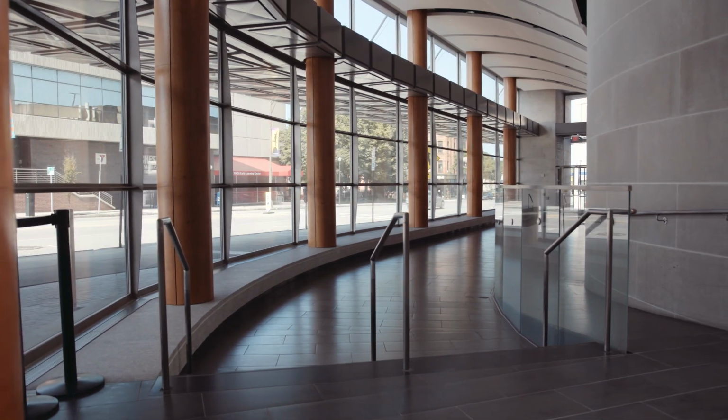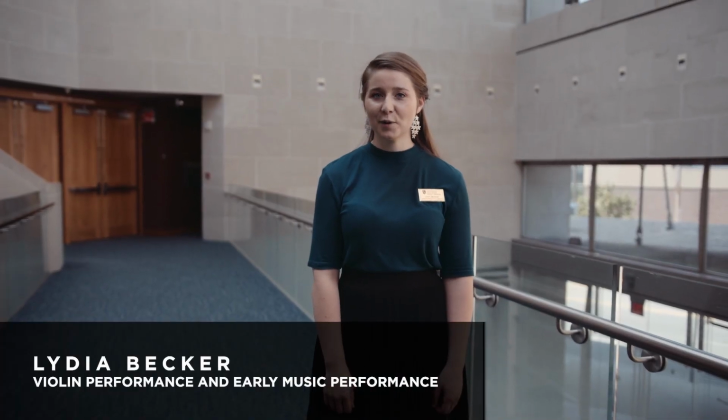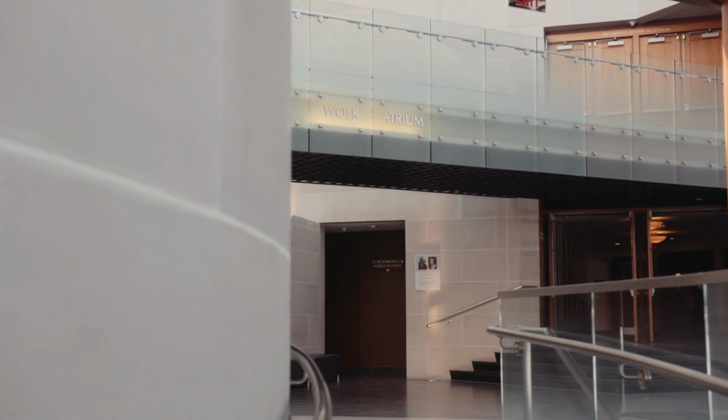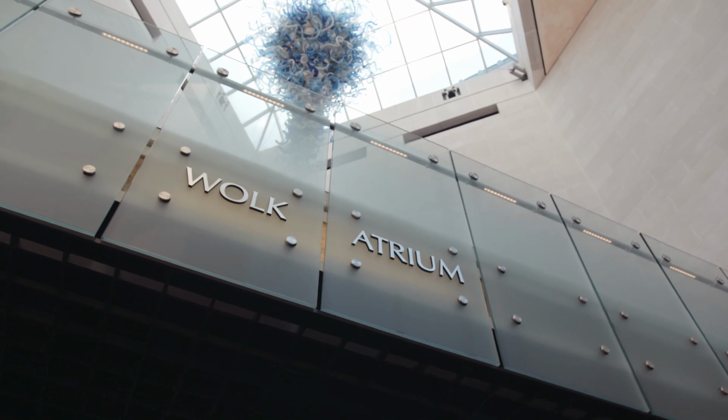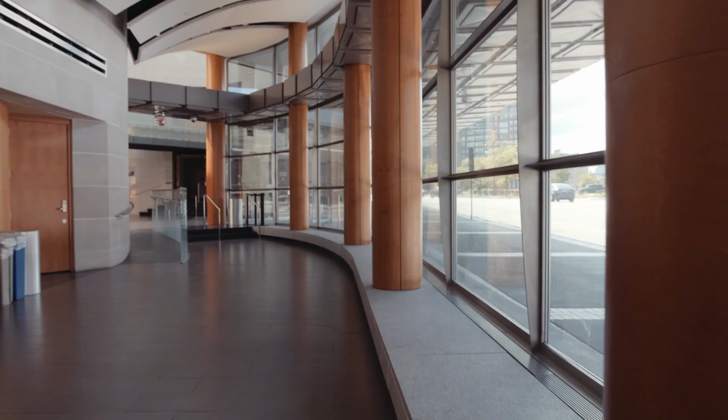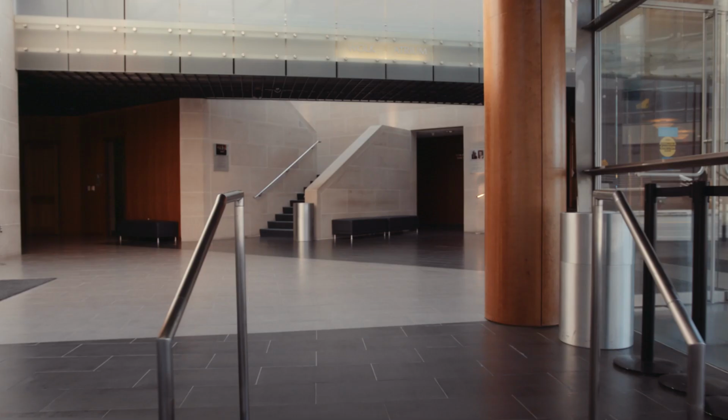Welcome to Wolk Atrium, the heart of the Eastman East Wing, Eastman's latest addition. Because it was built nearly 100 years after the rest of the school, Eastman decided to go for a more modern look and not continue the 1920s style of the rest of the school. However, they did keep some unifying characteristics,